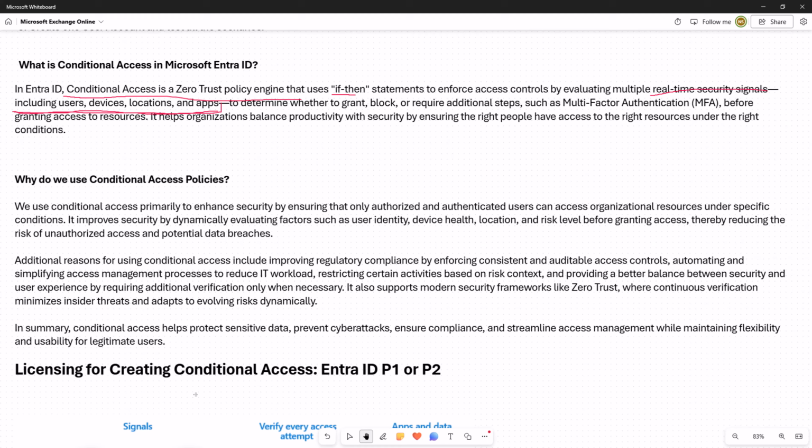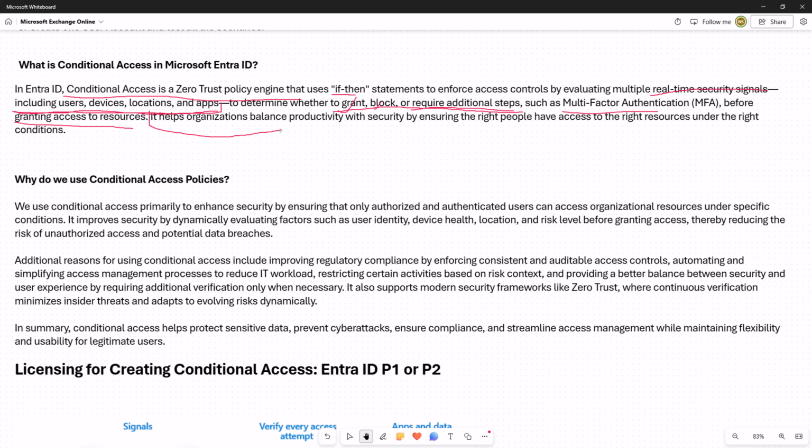So this we have discussed already, to determine whether to grant, block, or require additional steps. Either it will grant, block, or require additional steps that we set up when we create the conditional access policies, such as multi-factor authentication before granting access to the resource.